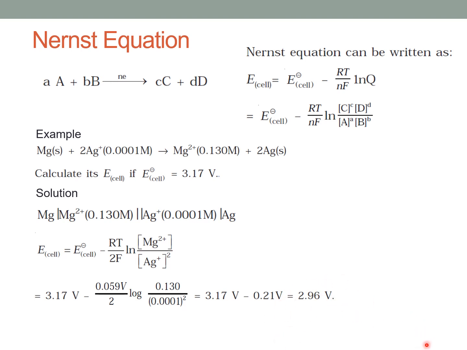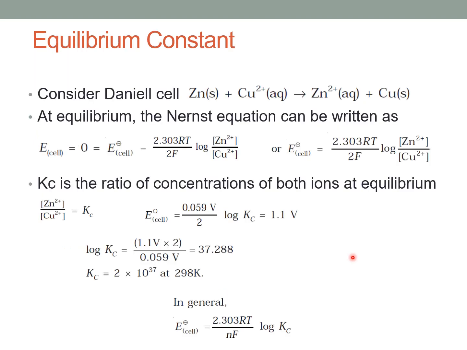So this is the way we are able to find the cell potentials or the electrode potentials of any cell at given concentrations of the species. That is the advantage of the Nernst equation. We also have another advantage of the Nernst equation. You see, in order to find the equilibrium constant of a reaction,